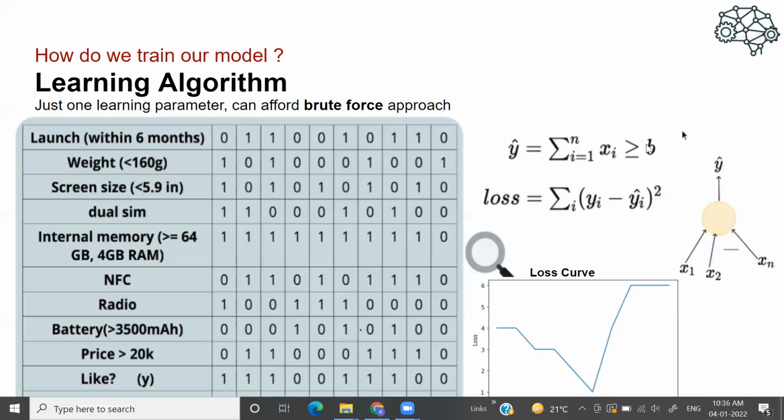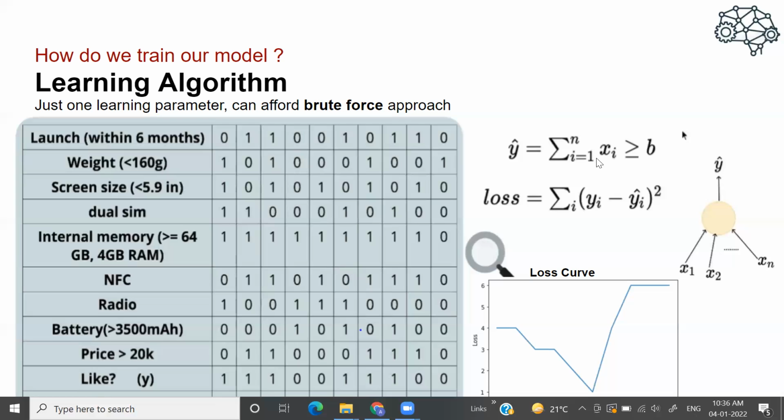Now let us set the value of b equal to 1. Again I'll repeat the same process, and then I'll see how many losses or how many mistakes I'm making. So when my b is equal to 1, I'll be making a total of 3 mistakes. So my loss has decreased. Now I'll set the value of b equal to 2, and again I'll repeat the same process and check how many mistakes I have made. When b is equal to 2, I'll make a total of 2 mistakes.